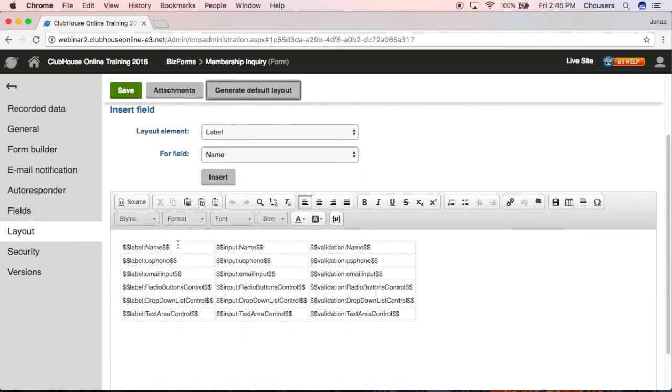This will pull the field label, the field input, and the field validation. This can now be customized if you choose to. If you leave it at just generate default layout, it will just left align the form for you. For option number 2,